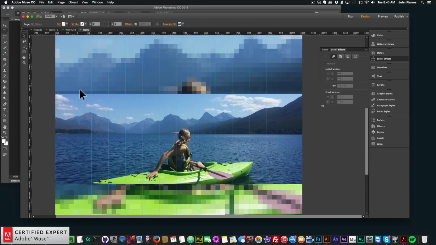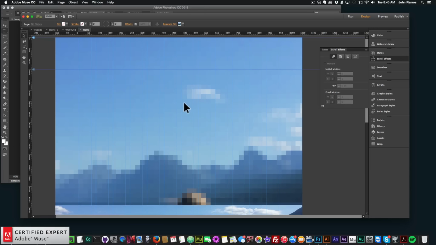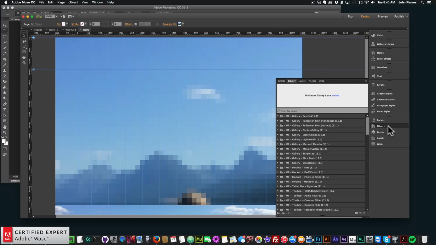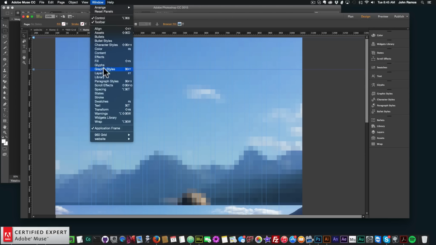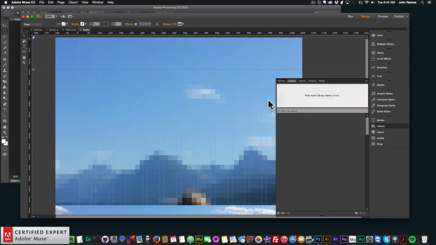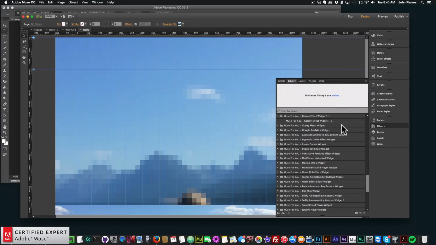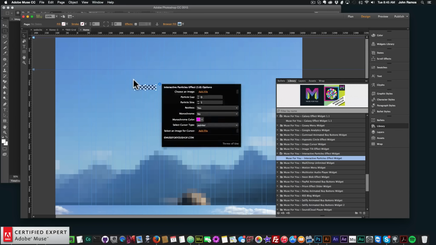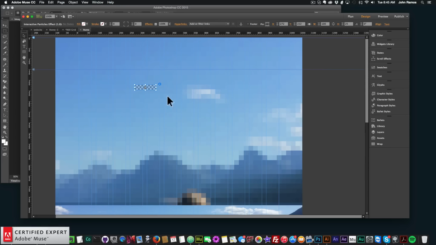So I'm going to go back to my Adobe Muse website, and the first widget I'm going to place is the interactive particles effect widget. So I'm going to go to my library panel. If you don't see your library panel, you can just go to Window and click on Library, and there it is. So I'm going to go to my interactive particles effect widget, click, hold, and drag and place it onto my Adobe Muse website. So there it is, and now I'm going to resize it